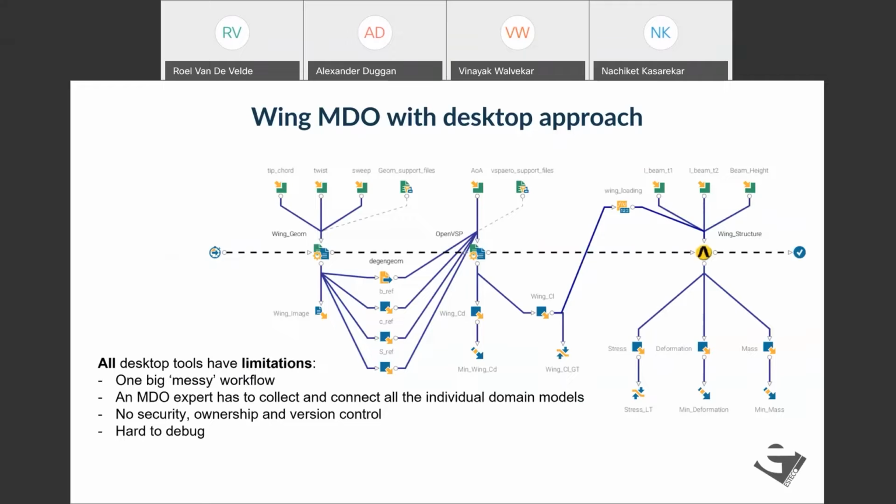change gets communicated to the MDO person, but he might never know for sure whether he is really using the up-to-date information. By having to build one of these big workflows all at once, it also becomes more difficult to debug because you have to go through many steps. And if somewhere in the workflow there is a connection made wrong, it might be hard to identify where exactly